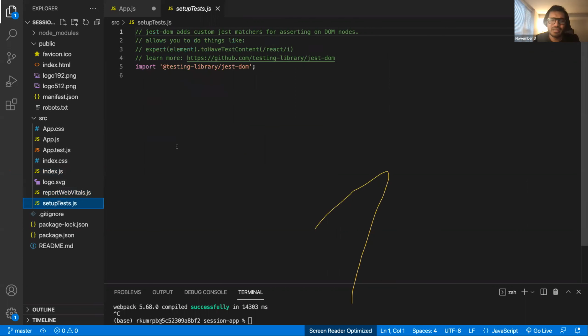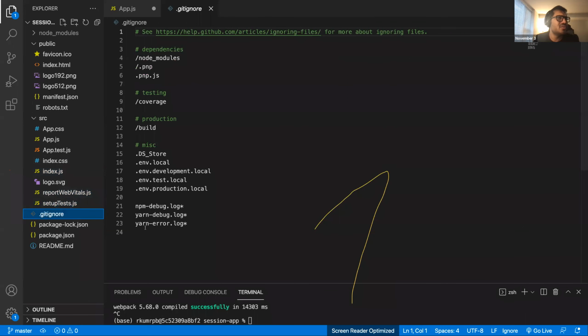सेटअप टेस्ट, टेस्टिंग सेटअप के लिए रिक्वायर्ड है। जब हम लोग रिएक्ट एप्लीकेशन टेस्ट करेंगे तब ये भी रिक्वायर्ड होगा, अभी के लिए यू कैन जस्ट गेट रिड ऑफ दिस फाइल। गिट इग्नोर फाइल, गिट इग्नोर फाइल पता है, देखो